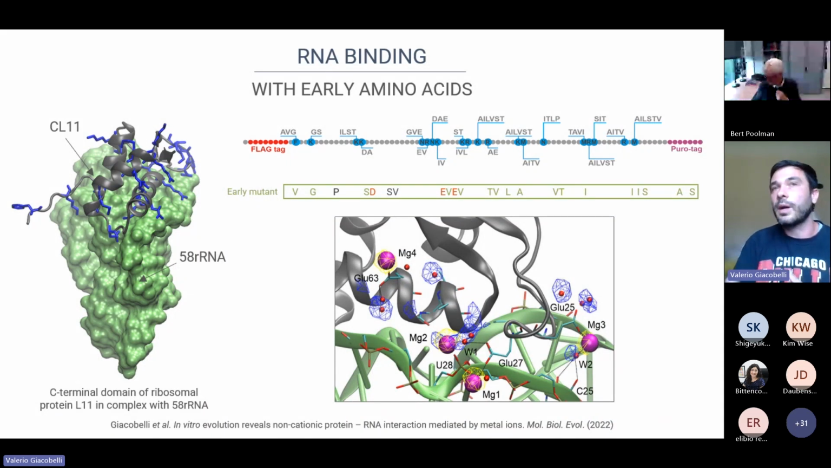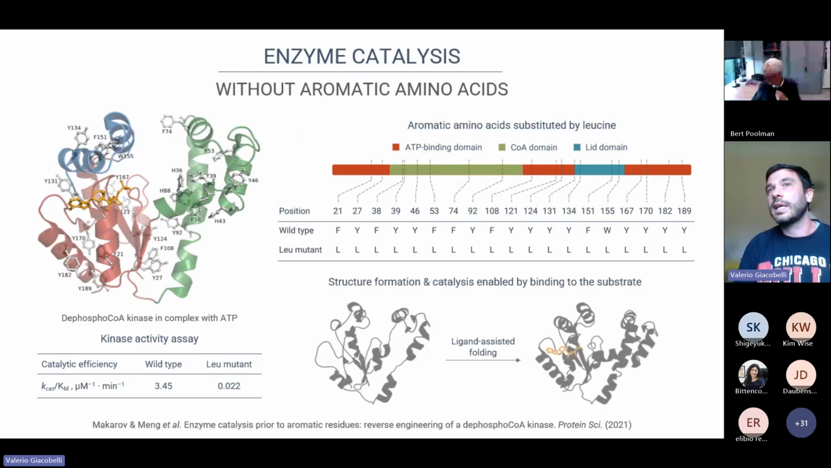There is a salt bridge between the aspartic residues and the phosphate of the protein. Then we checked whether the binder protein can still bind RNA. But what about an enzyme, one that is more like diffusing? And we did a similar